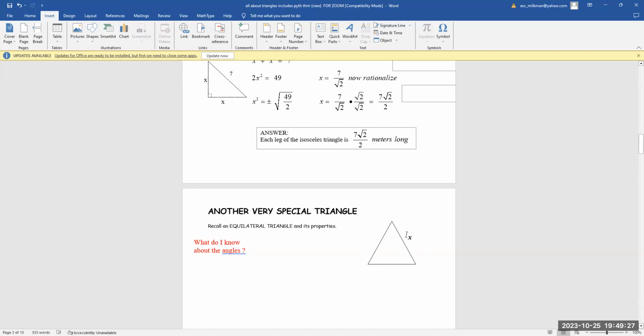I believe your notes have this side as an X. To make this a little easier to consider, instead of calling that X, I'm actually going to call it 2X. Then I'm going to go on the whiteboard and try to create this very special triangle and all its properties. What do you happen to know about all the angles of this triangle? Well, if this side is 2X